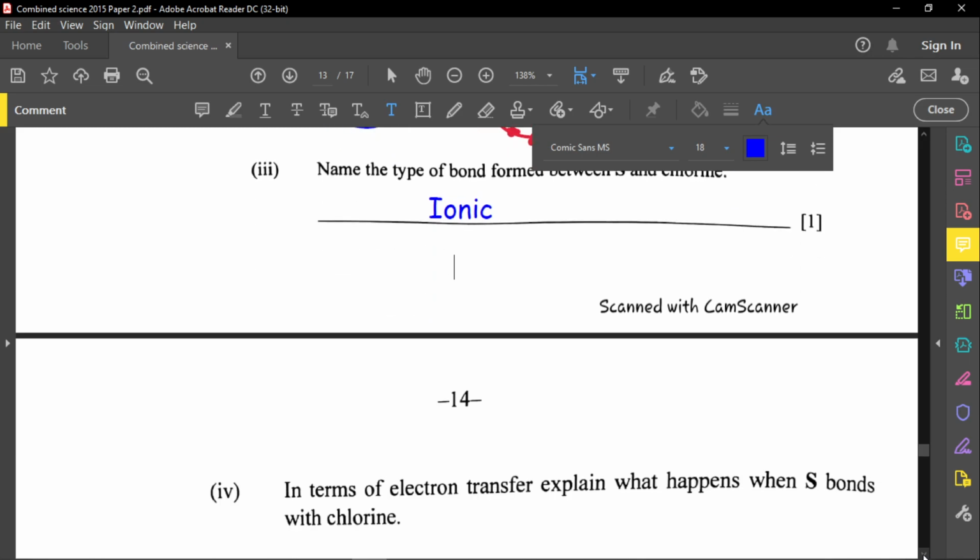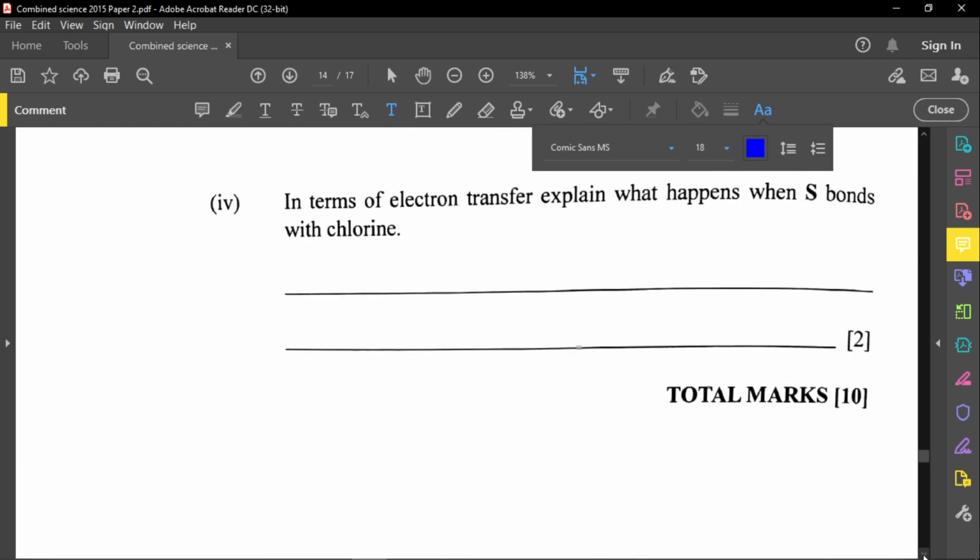All right, let's jump to the next question here. This is the last part of this question. In terms of electron transfer, what happens when S bonds with chlorine? It's simple, because here 1 electron, I'm going to be very specific with this, 1 electron is being transferred